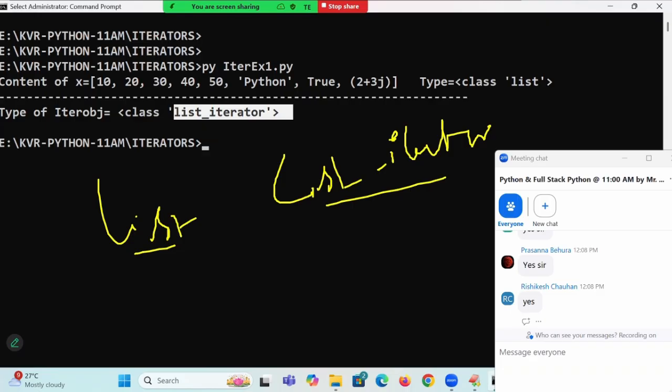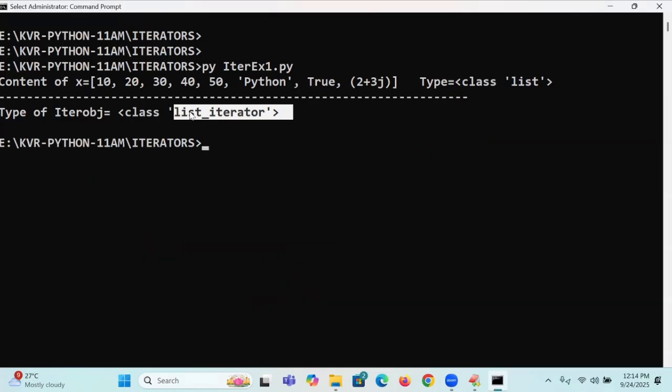What is the difference? List will give all values at once. List iterator will give values only on demand. List type is class list. List iterator object is list_iterator. To get the list into a list iterator, I will use which function? iter() conversion function. These are the typecasting functions we have taken now. So what is the typecasting function from iterable object to iterator object? iter(). Are you following? So simple.